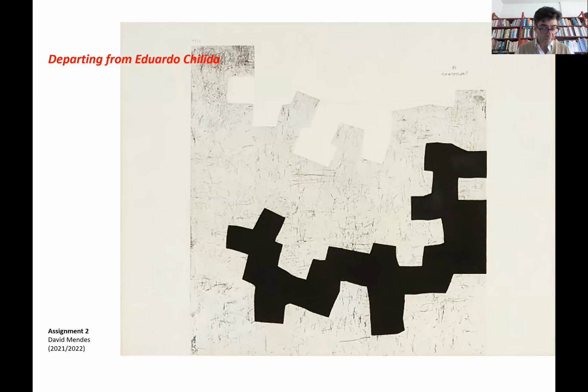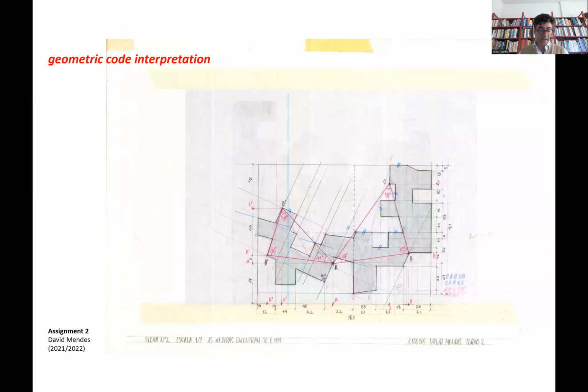The proposal, departing from Eduardo Chillida, allows us to dive into the field of geometry and abstract spatial reasoning. The exercise considers a set of engravings by the Basque artist, from which a corollary of interpretative and propositional actions is developed. In a first moment, chasing the geometric code interpretation, the aim is to analyze the geometric